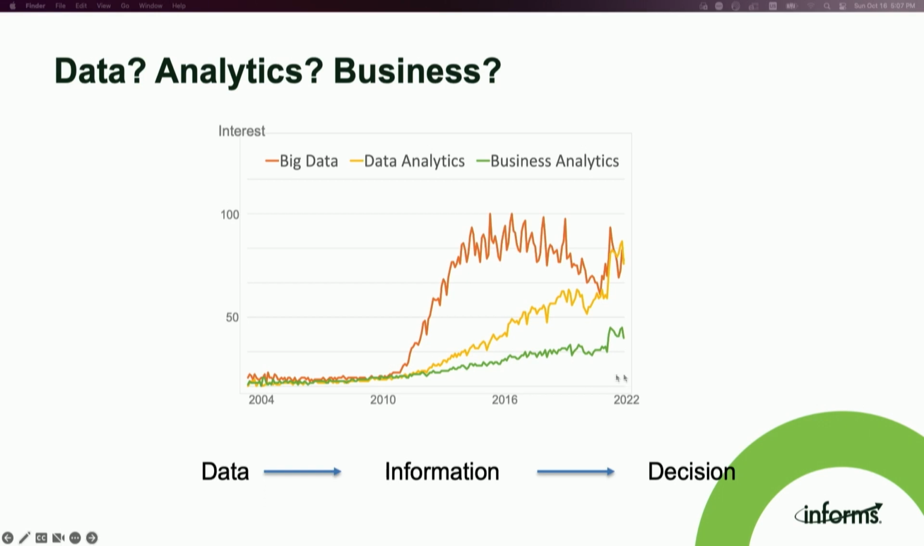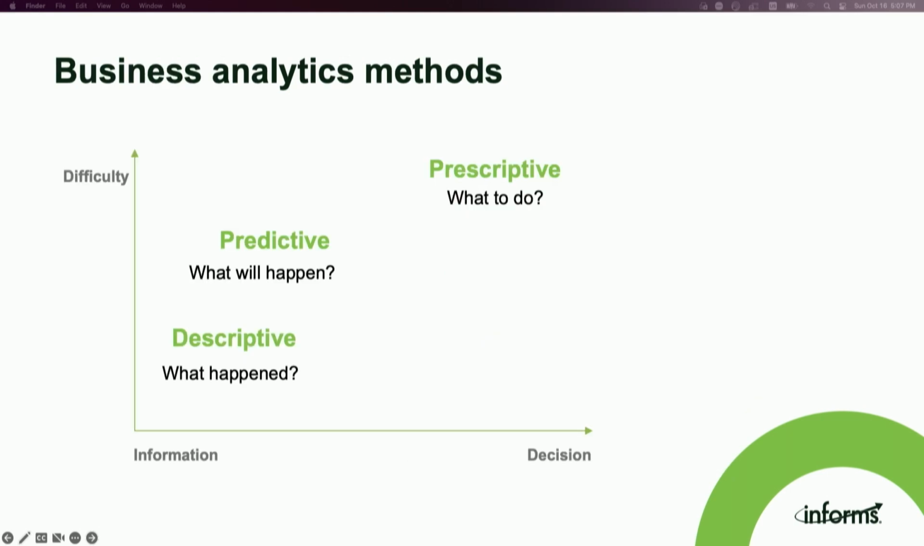So business analytics are the analytical methods that focus particularly on business decision outcomes. And as we can see from the plot, this term also took off together with data analytics. So within the paradigm of business analytics, there are 3 different types of analytical methods: descriptive,